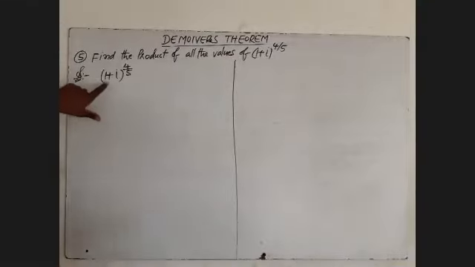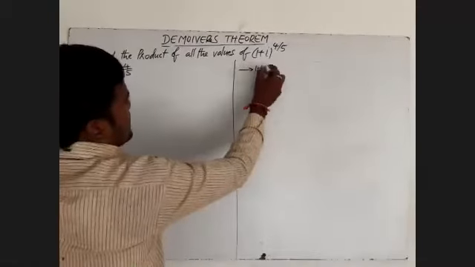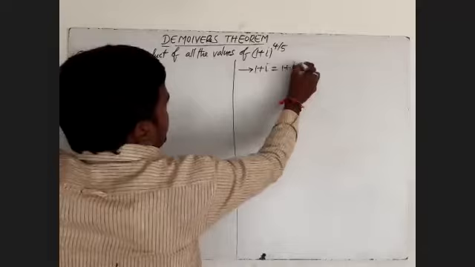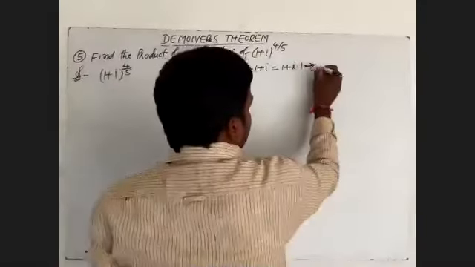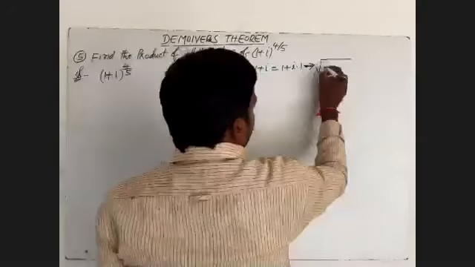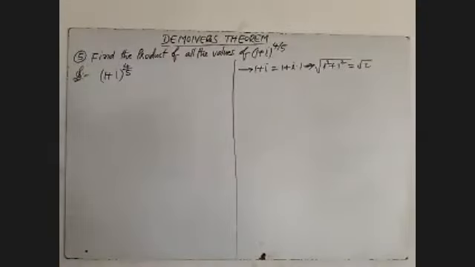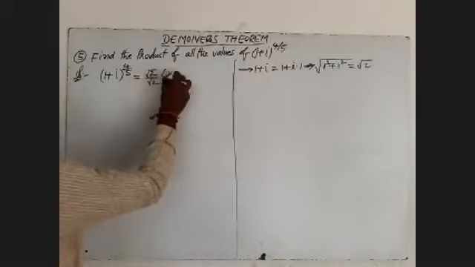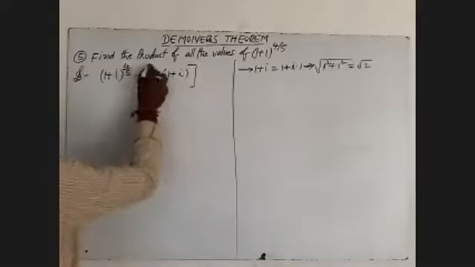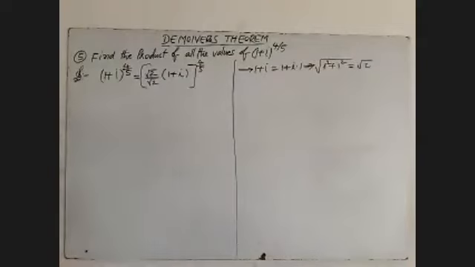We will observe in this one, I will take 1 plus i. We have to take the mod of the given one, so we write root of 1 square plus 1 square, that is the value root 2. That means here the numerator and denominator can be multiplied and divided by root 2, that is root 2 by root 2 into (1 plus i) whole power 4 by 5.